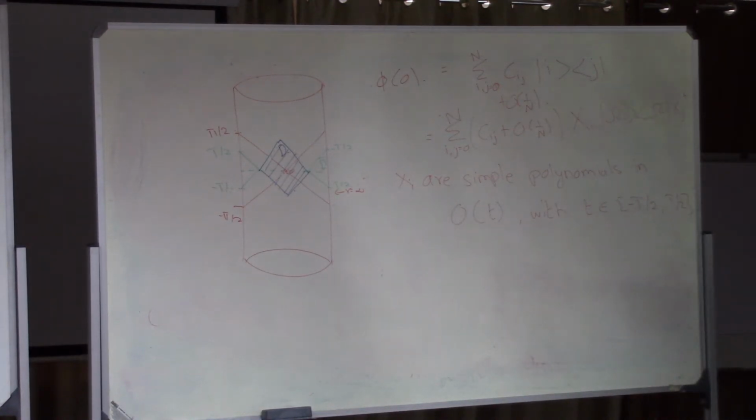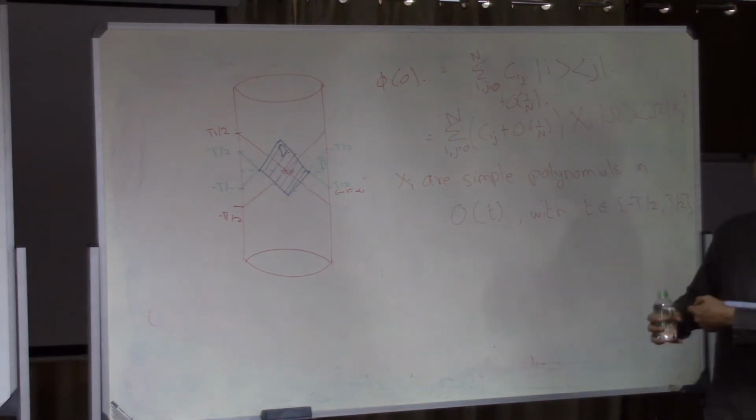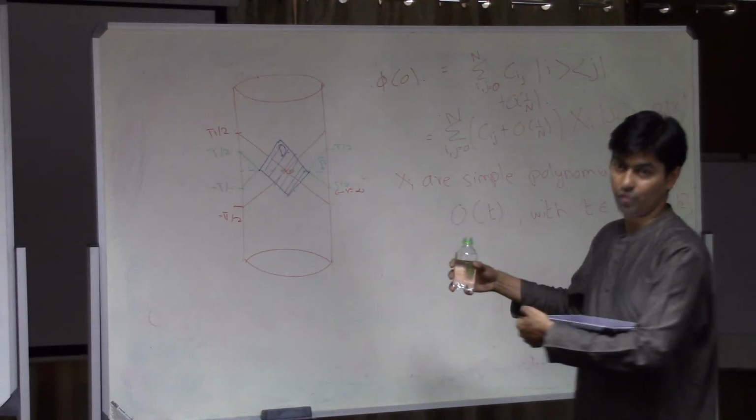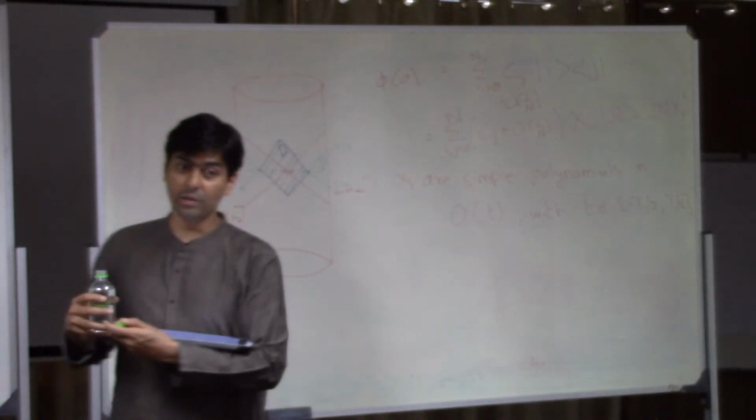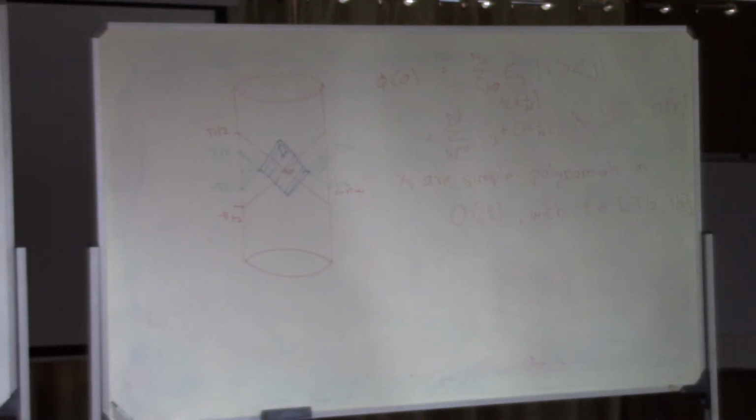Okay? So the Reeh-Schlieder theorem tells you the action of all operators on the vacuum can be written in terms of the action of any other set of operators on the vacuum. That's just true in all quantum field theories. It just involves some entanglement in the vacuum. It does rely on entanglement in the vacuum.